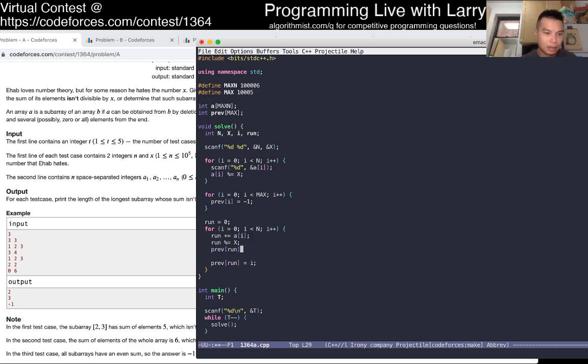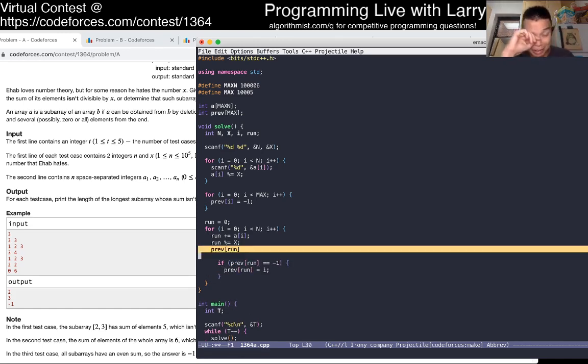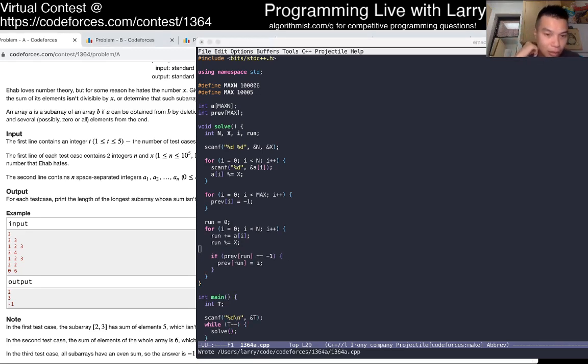Oh, and this is... I think there's something dumber than this. I'm just being dumb. Okay, so if they're all 0s, then it's not good.